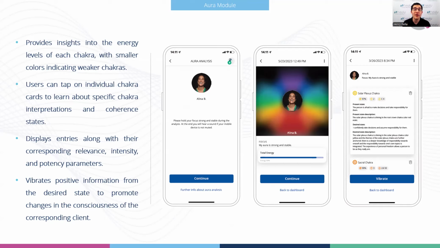And remember, when you vibrate something, only the desired state gets vibrated. If you look on the right side, you can see, for example, the present state. It says the person is afraid to make decisions and take responsibility for them, but the desired state always tends to be very, very positive. It says, I confidently take decisions and assume responsibility for them. That's actually what gets vibrated. So what you want to do is vibrate that multiple times a day